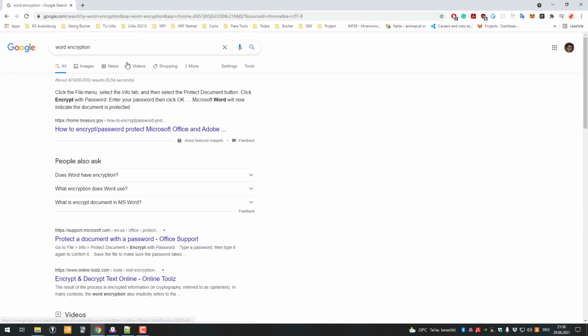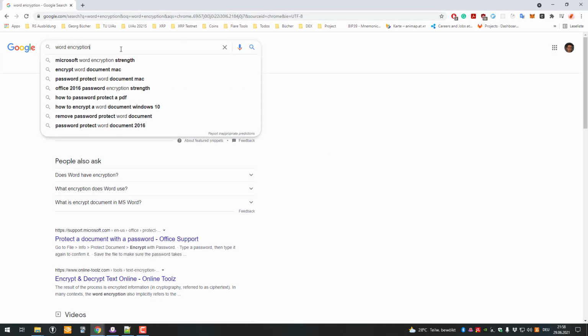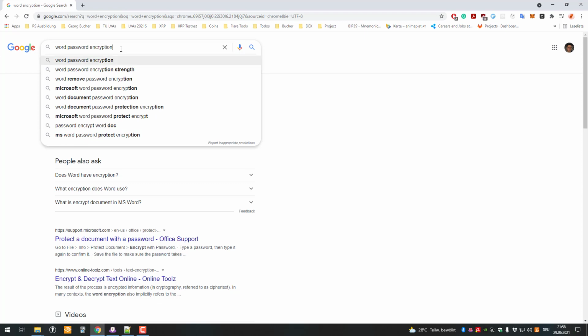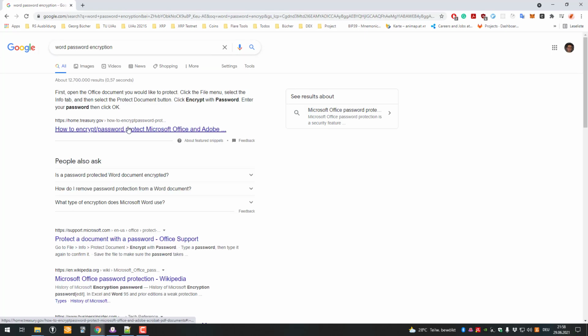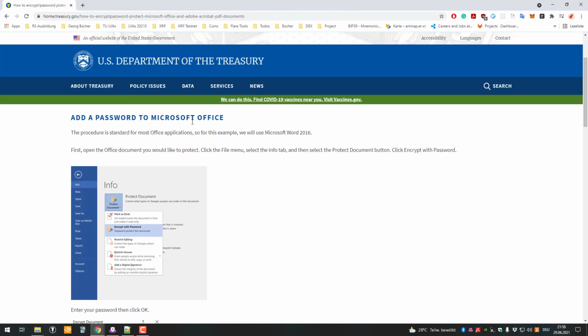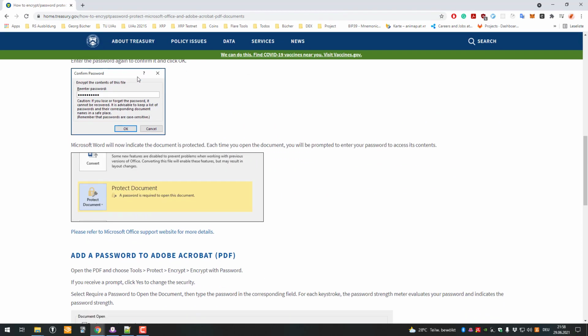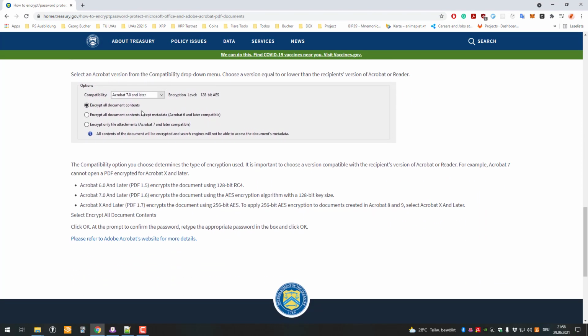So Word password encryption, as far as I'm concerned, is using basically AES-256, so that should be rather safe. So even the U.S. Treasury is showing you how you can do that. Okay,